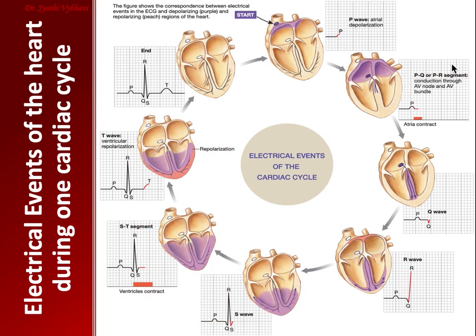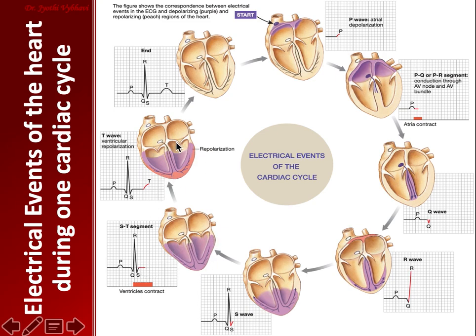So let's recap. P wave represents the electrical atrial depolarization. Then there is an isoelectric line which shows that there is AV nodal delay, and then we have the Q wave which represents the septal depolarization, and then the R wave which represents the entire ventricular and apical depolarization. Then we have the S wave which represents the basal depolarization, and then the ST segment, where the entire ventricles are depolarized, there is no electrical event, so there is an ST segment.